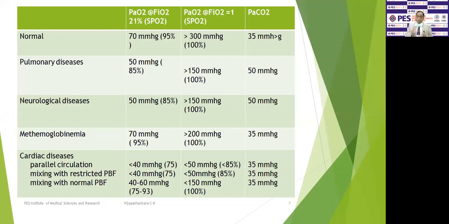Okay? So the saturation, if you are maintaining a pulse oximeter, it may show normal, but you have to do a PaO2, study the PaO2 to know the differences. So when 100% oxygen for 10 minutes cannot improve the PaO2 beyond certain levels, you know that there is a cardiac cyanotic congenital heart disease in the child.